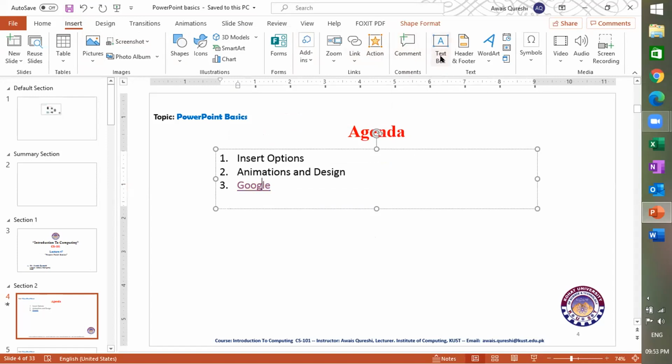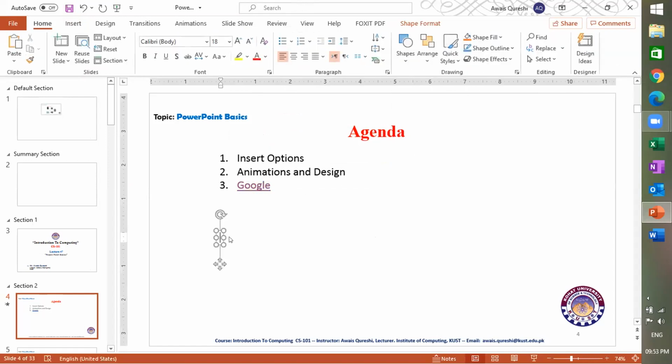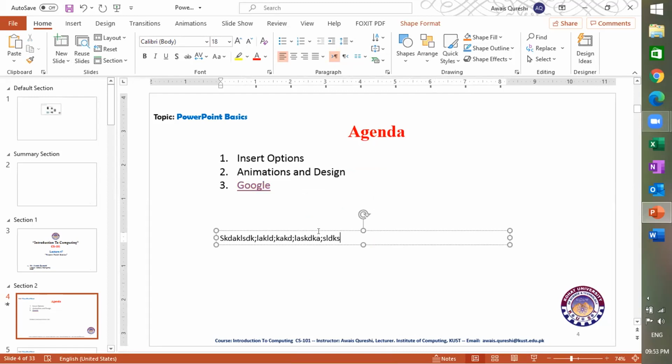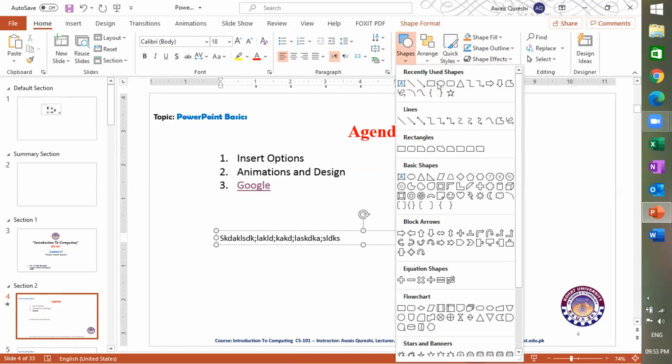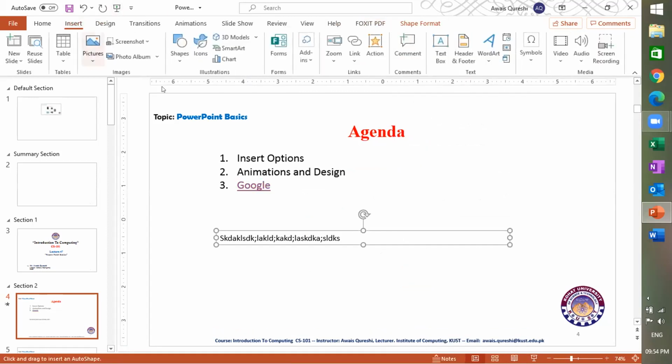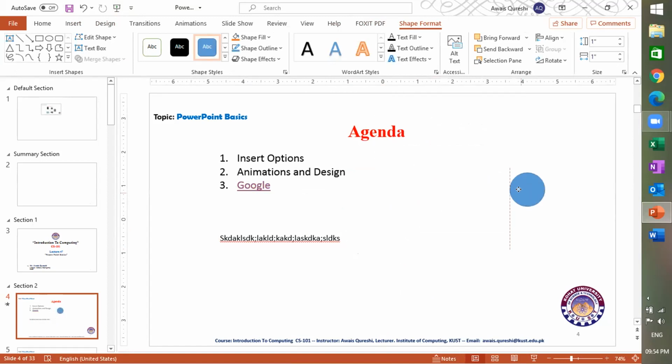If you want to add a new text box over here, then you can click on that and move. You can add text, add a text option. Right clicking on that, and then you can add text. So this is called a text box. I can use different options for formatting. Shape format. Let's see. I'm going to like this one. It's not taking any effect. So let's now move on to the text box, and this option is for adding different shapes.